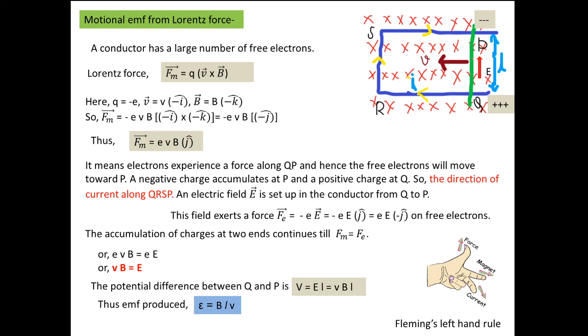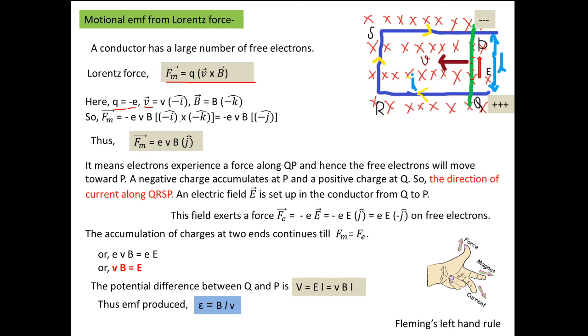First, this rod is moving, so it is perpendicular to the magnetic field. And we know the Lorentz magnetic force, that is qv cross B. Here, this rod has free electrons. So those free electrons sitting on the rod are also moving with velocity v. So first here q is minus e. Velocity here we are taking along the negative x, so that is v minus i cap. Magnetic field is into the plane, so it is minus k cap.